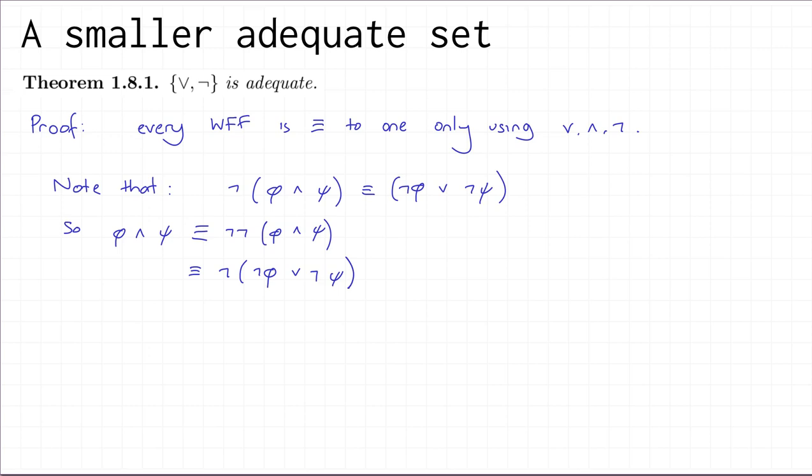So this is just by using the logical equivalence right here. Then we have a way of expressing and in terms of not and or. So what you'll notice here is that there is no and symbol. So using this logical equivalence repeatedly,